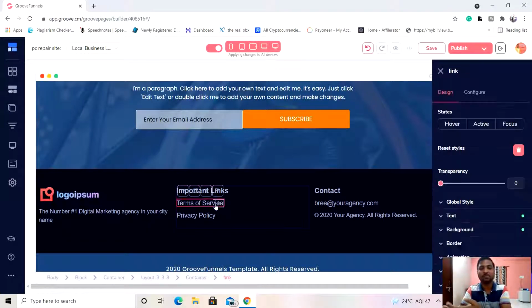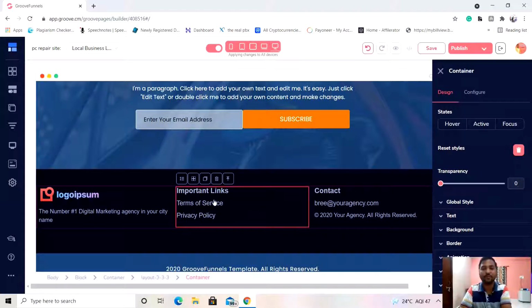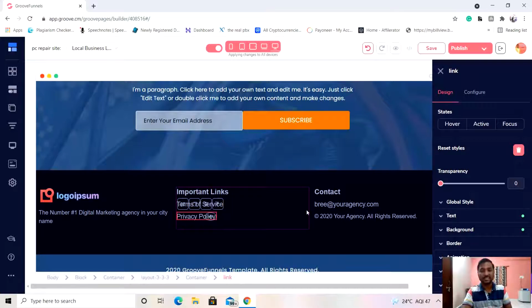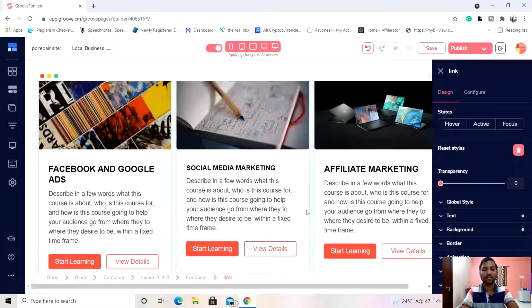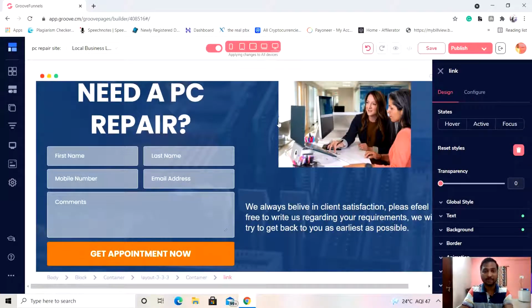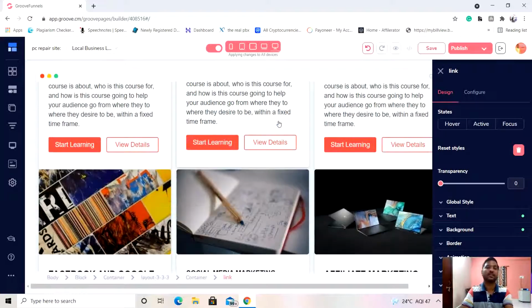You can add your terms of services and privacy policy over there. Let's go ahead and see how we can add that. First of all, we need to create a new page for that. In order to add the terms of services, we need to add a new page, and for the privacy policies as well. We are giving the buttons over there, whatever call to actions we have given over there, we need to add a separate page for that. Okay, so if the client clicks on that particular call to action button, they will be redirected to the other pages.